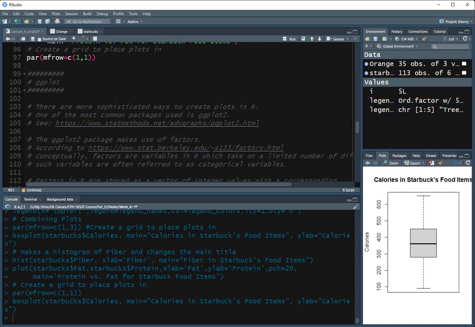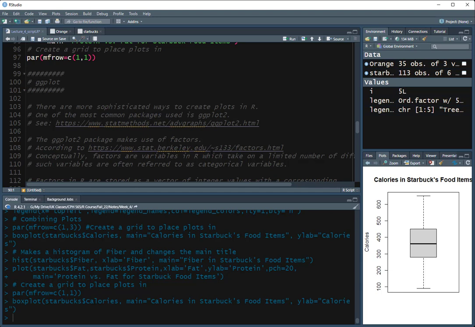Alright, so the last thing we're going to look at in the video is ggplot. We're just going to do an introduction to ggplot. We're going to work a lot more with it next week. ggplot is a more complicated way to make plots, but it's also a lot more flexible. And so again, the package that we're going to use is called ggplot or ggplot2